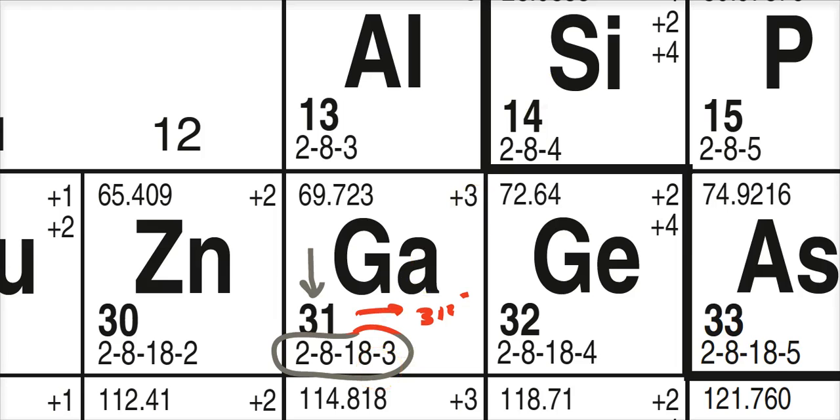Okay? So that's important you realize that. So having 31 electrons is very important. So 2-8-18-3 represents the ground state. This is how the electrons exist in a neutral atom of gallium when everything is in its lowest possible energy